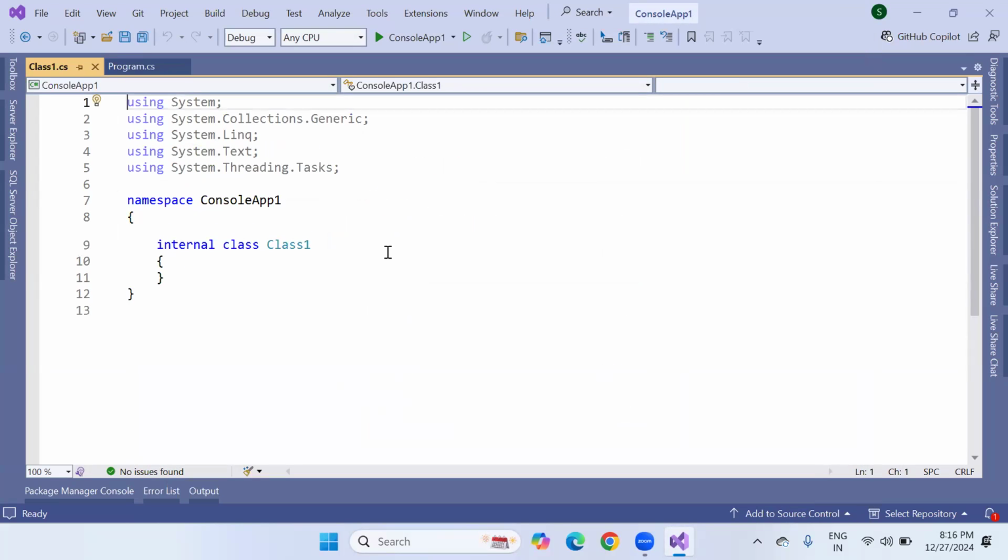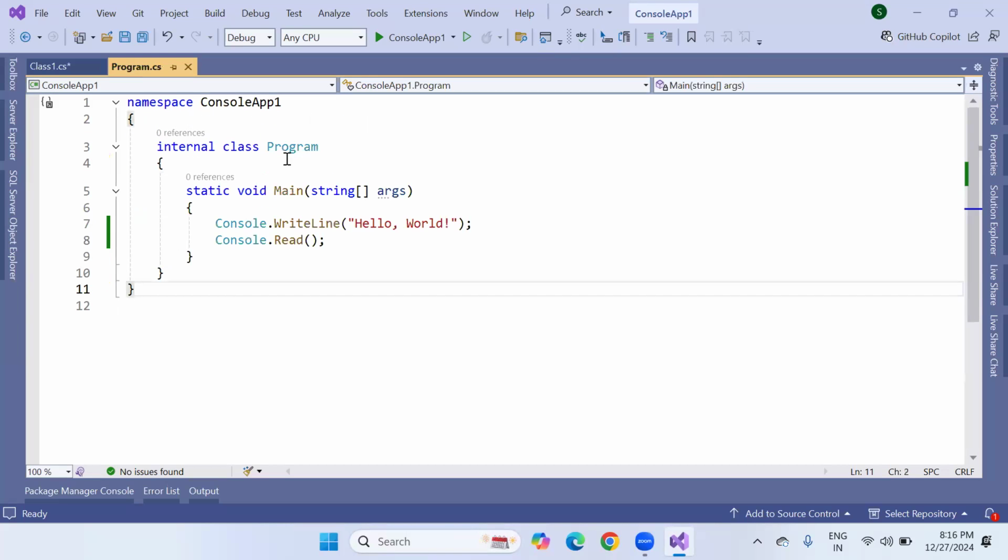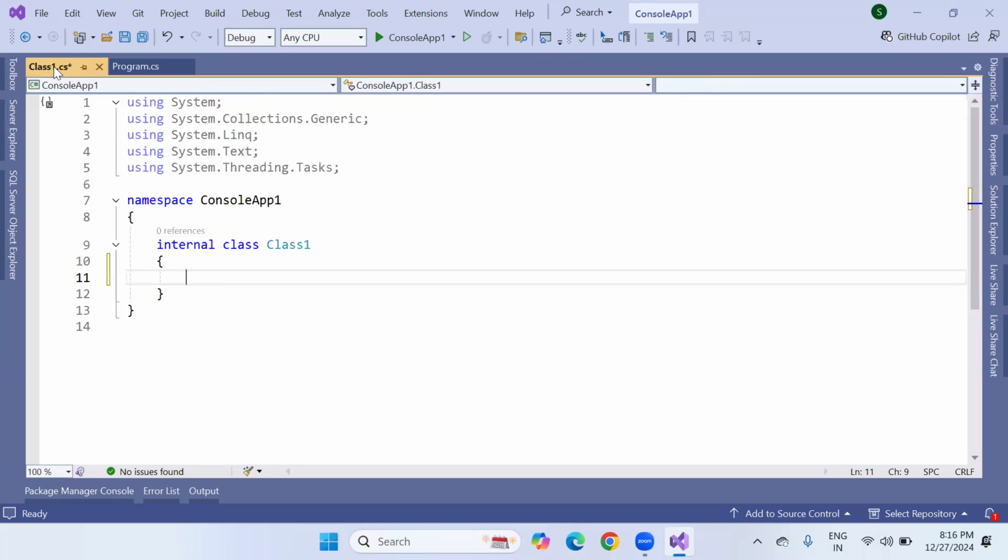The moment when we select a class 1, you can see we don't usually get any main method. By next class, whenever we add one, generally the main method won't come. Only the first time, when we create a new console application, your class name along with the main method is produced. But when we include an extra class in the same application, we generally don't see that main method. We have to prepare the main method by writing